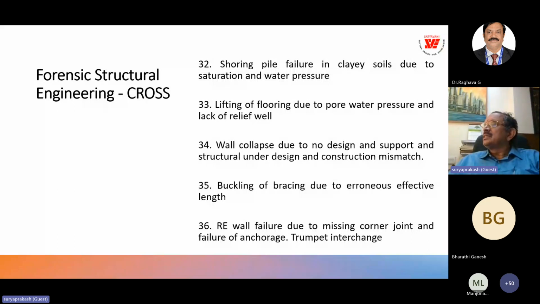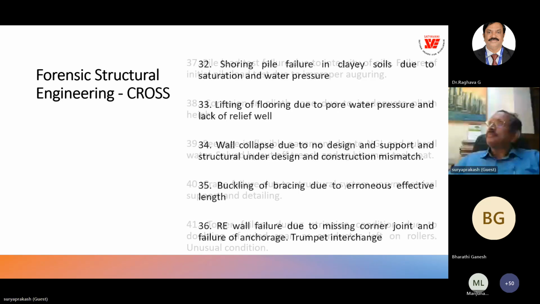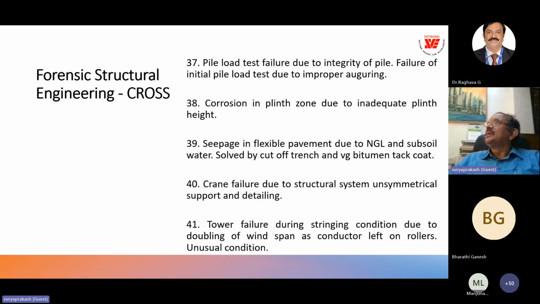Buckling of bracings due to erroneous effective length, or in steel structures it happens due to improper consideration of the effective length. Reinforced earth wall failure due to missing corner joint in a trumpet interchange. And pile load test failure due to pile integrity. Integrity is very, very important, and mostly it happens in piles because of the small diameter and deep pile, 40 meters and 30 meters kind of depths, and concrete not being properly designed for flow mix or the proper method of